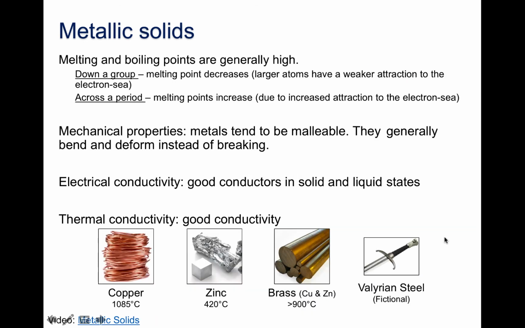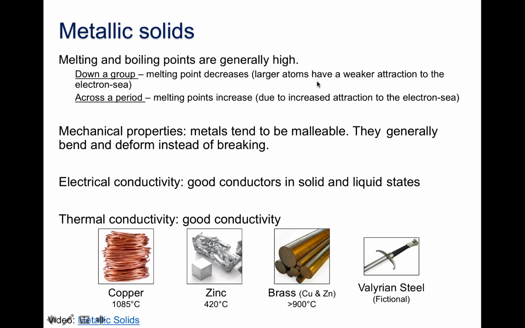And so some properties of metallic solids. You guys have all seen metals before, so you're probably generally familiar with some of these. But the melting and boiling points of metallic solids are generally quite high. They're going to be solids at room temperature in most cases. And you can actually predict the melting point trends for metals using the groups and periods. And so as you go down a group, melting point generally is going to decrease because the atomic size is